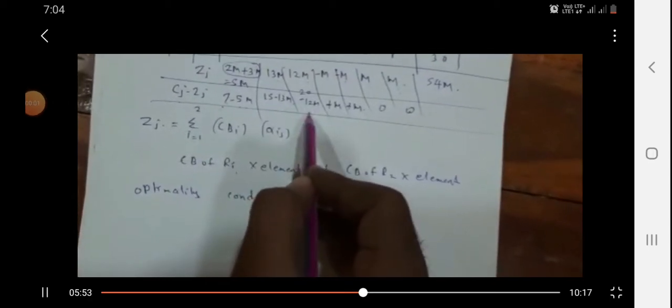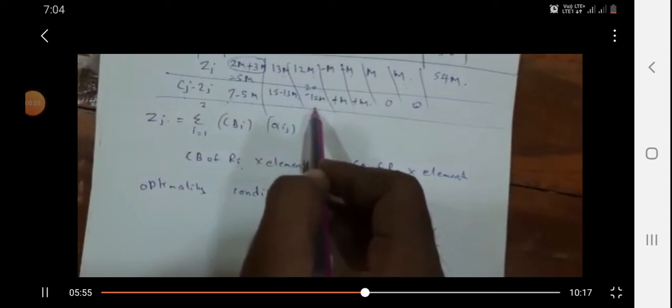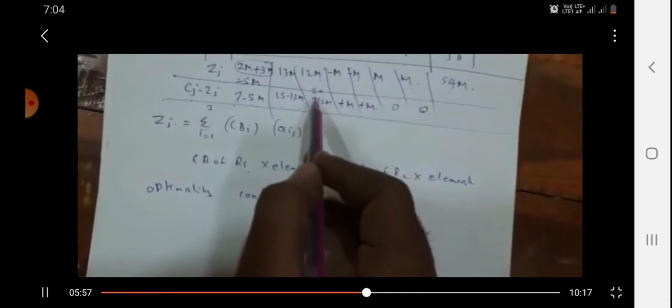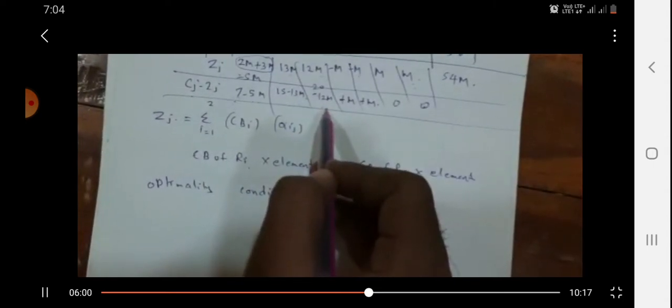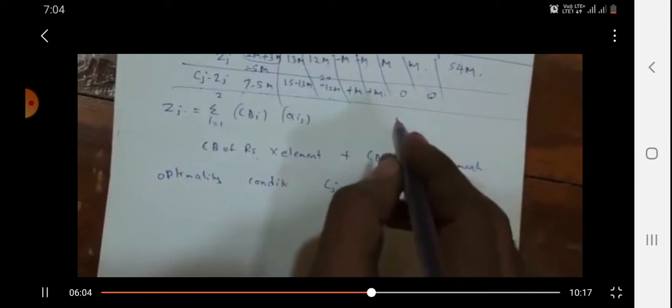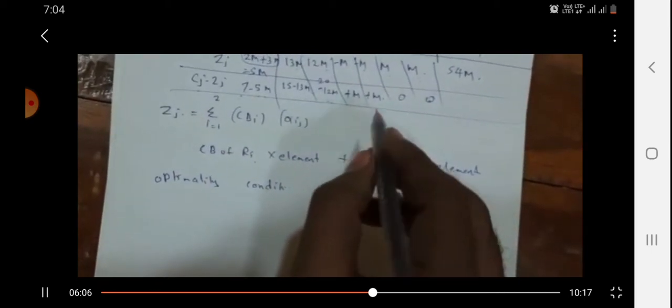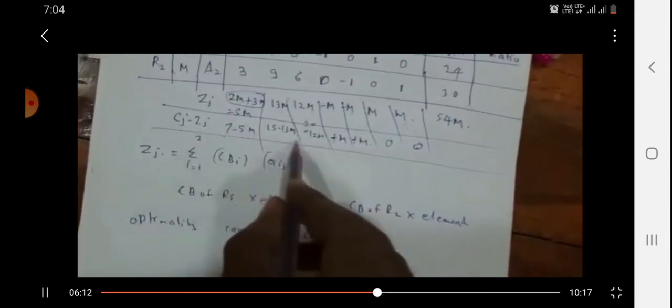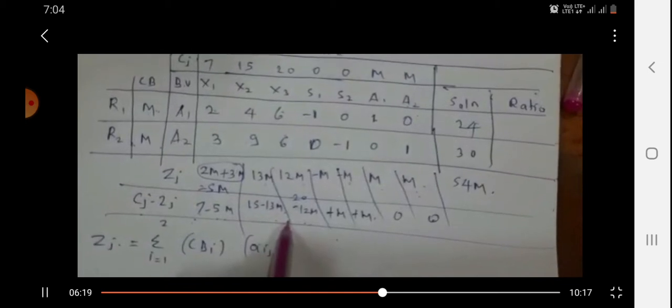Okay, today we'll start the second session. In the last session, we discussed one problem. In that problem, we found one initial table. In that, in Cj minus Zj, as the solution is not optimal, not all elements are positive or equal to 0. Some of the elements may be negative due to M being the largest value.